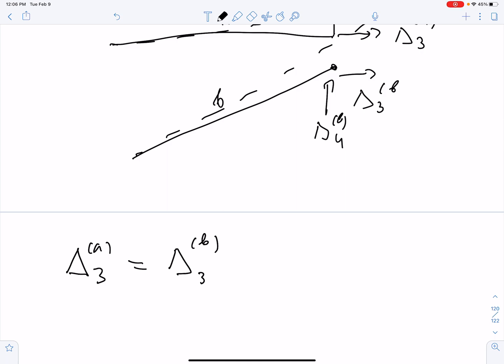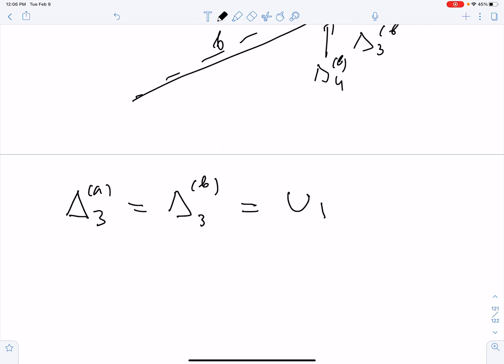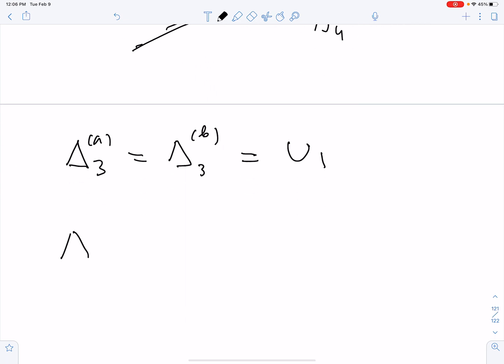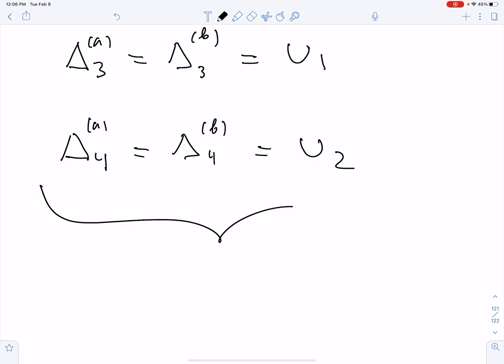Otherwise the structure falls apart and you want to avoid it. And that guy has to match the global displacement of u1. This is what happens in x direction, and then the same thing happens in y direction. Delta 4a must equal delta 4b, which must equal u2. Okay? So this is compatibility